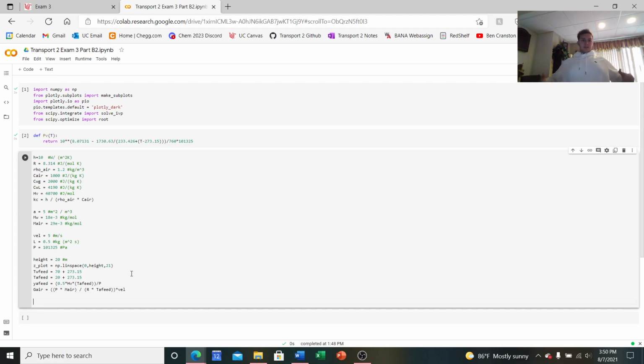So now we have this set up. We have our correct inlet and outlet feeds in terms of temperature. We are able to calculate our mole fraction of the feed and water. We also have the gas flow rate of the air. Now that we have this, we need to set up and figure out our initial guesses that we want to use when we start solving this in the next part. But we don't really want it to be too far off. So what we're going to do here is